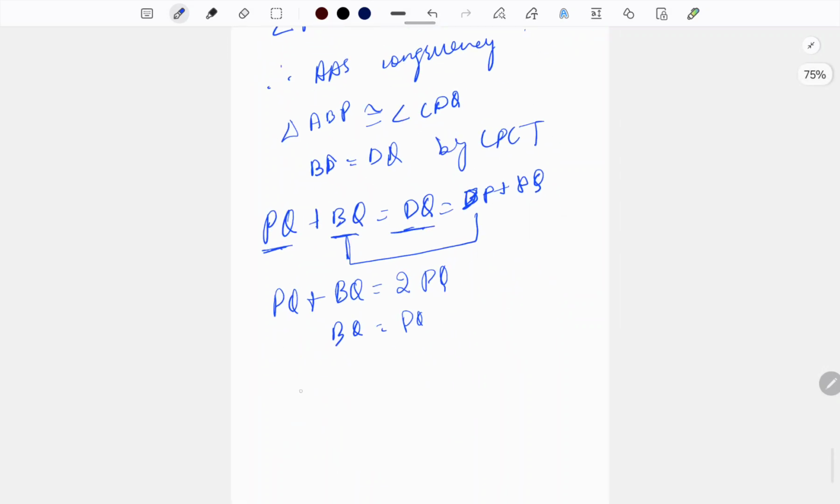Therefore, yes, DB is equal to 1 by 3 times PQ, hence proved. Now we will go to question number 6,